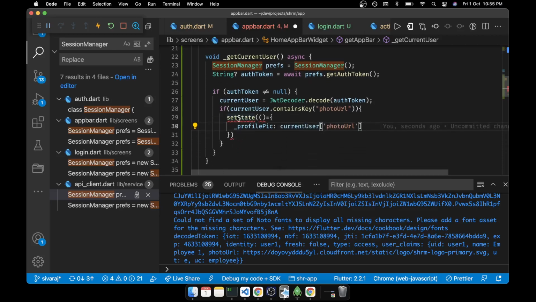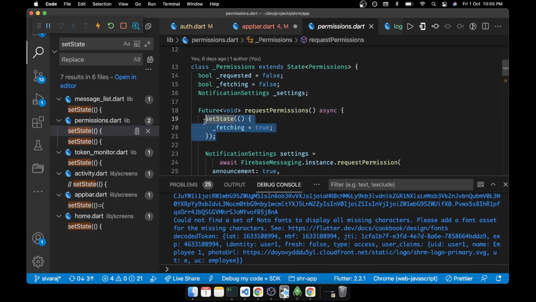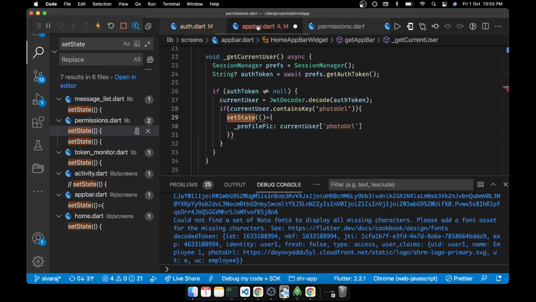What is the name? Set state only. Okay, error mark will not come.